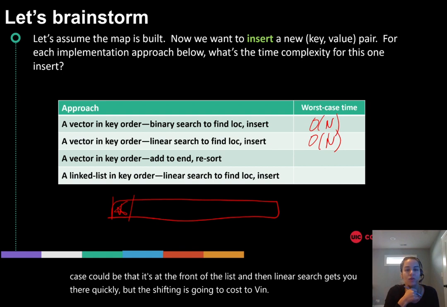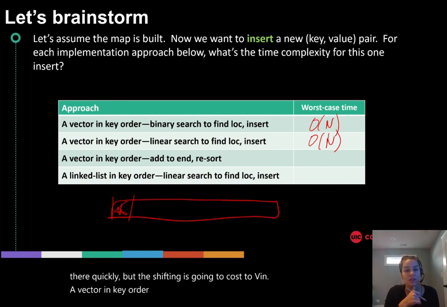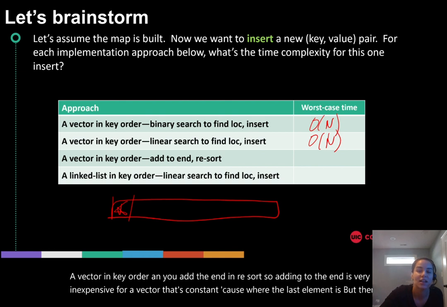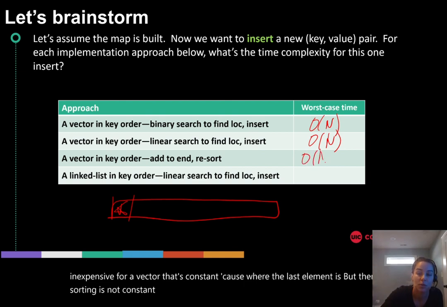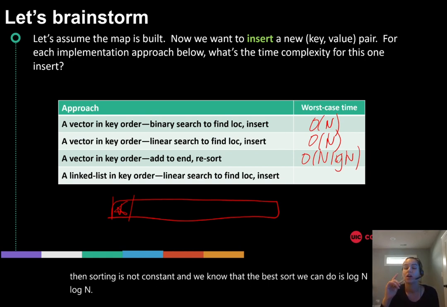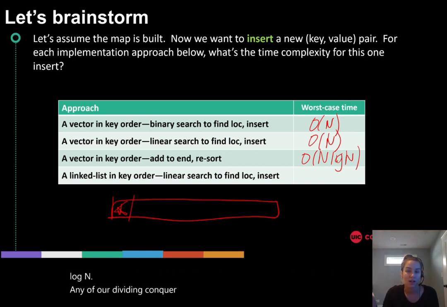A vector in key order and you add to the end and resort. So adding to the end is very inexpensive for a vector. That's constant because you know where the last element is. But then sorting is not constant, and we know that the best sort we can do is n log n. So any of our divide and conquer sorting algorithms are n log n, which allow you to sort